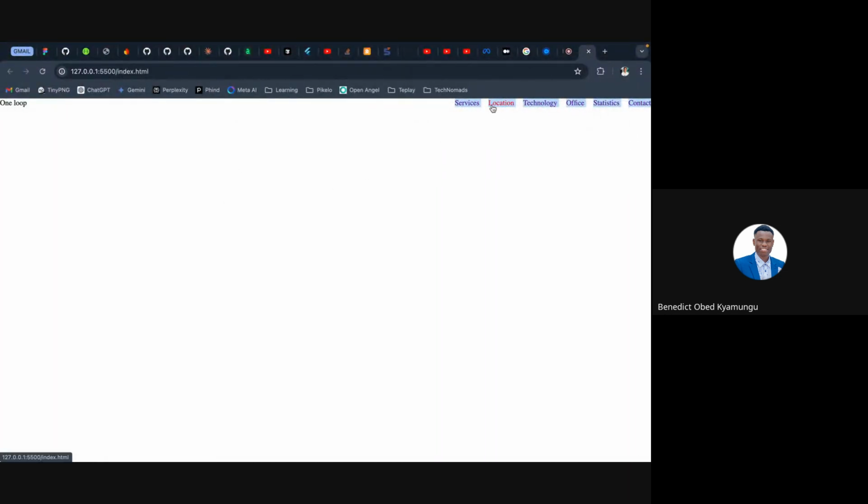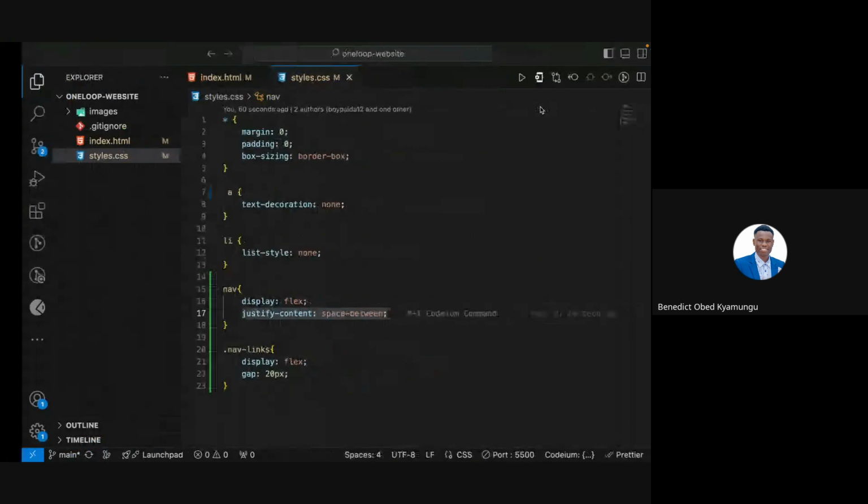Okay, so what I'm going to do, as you can see, we need some space, right? We need space outside. I guess you guys already know what property we are going to use. So we want to give some space between these elements and the outside of the box, I mean, right? So we are going to use